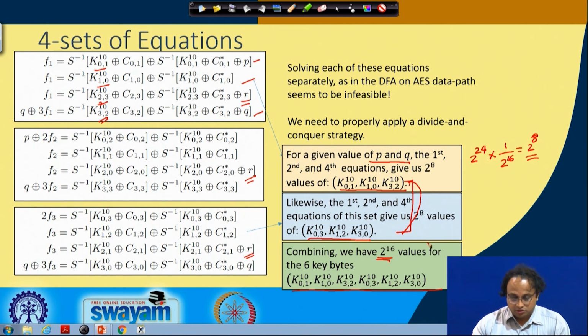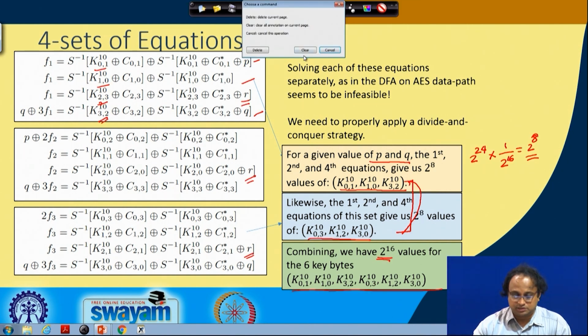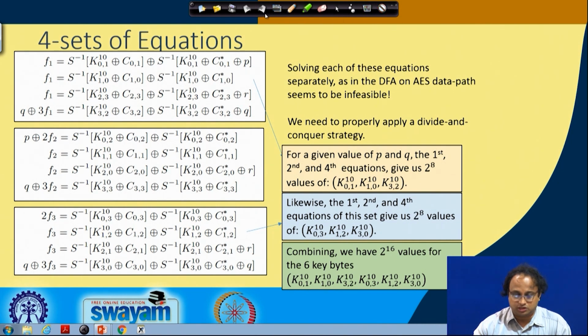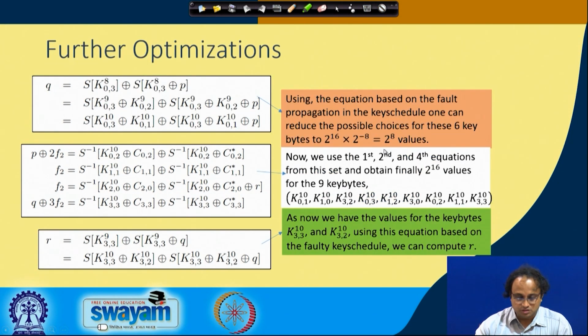So now what we do next is we try to combine this and see how we can conjure the key further. In order to develop a further optimization, we consider the fault propagation that we have seen. Remember that we had an equation on Q using the 8th round keys, subsequently expressed in terms of the 10th round keys. So using this equation based on the fault propagation in the key schedule, one can reduce the possible choices for these 6 key bytes. Because what is the probability that a random